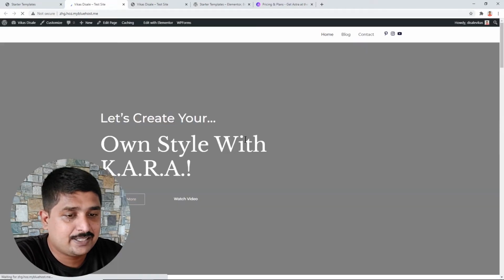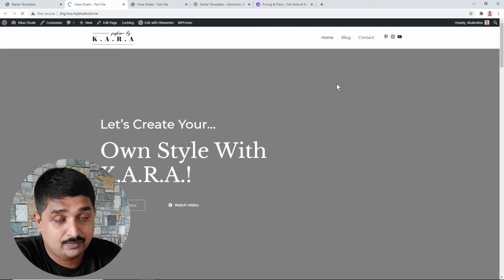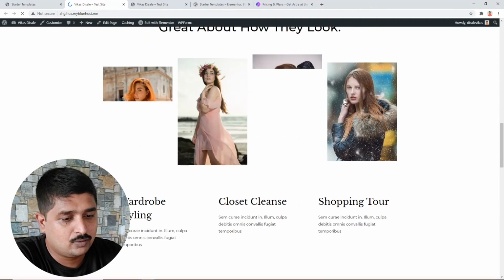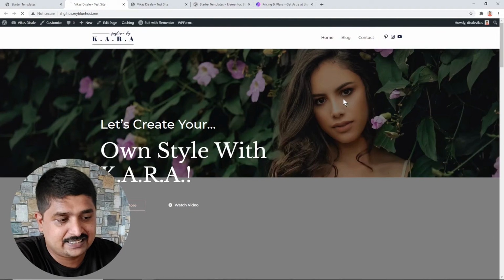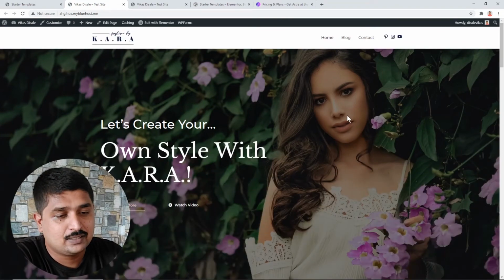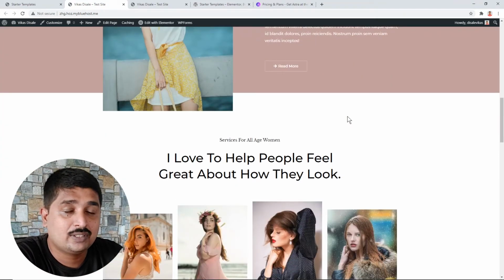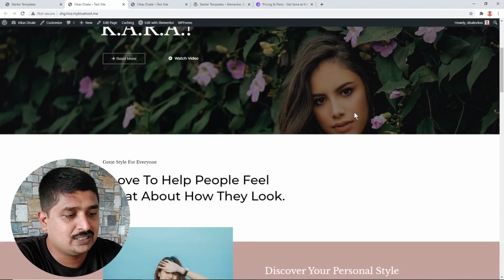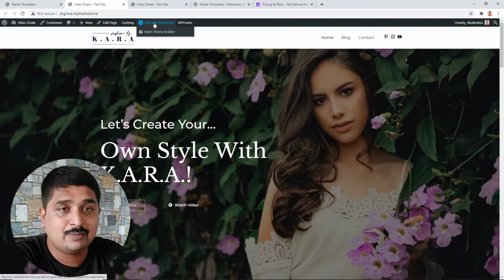So as you can see here, our website is created. We didn't need to design it from scratch. So from now, what we can do is design this existing website and create our own website. As you can see how easy it is to create a website using the Starter Templates plugin. Right now, if you want to change text in this website, or if you want to change the image in this website, you can do it with Elementor.